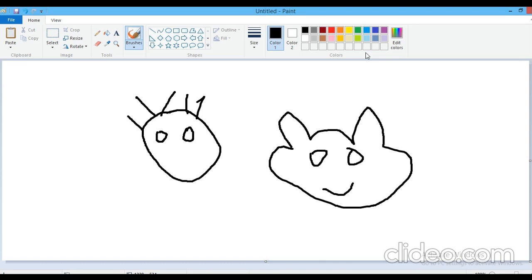Now we have discussed different tools given in your ribbon. From these tools we have discussed brushes. Different brushes are given over there in the brushes. Just select the brush and draw the drawing. Select the brush and draw a drawing on the drawing area with the help of brushes and choose the thickness for your brush from the size button.